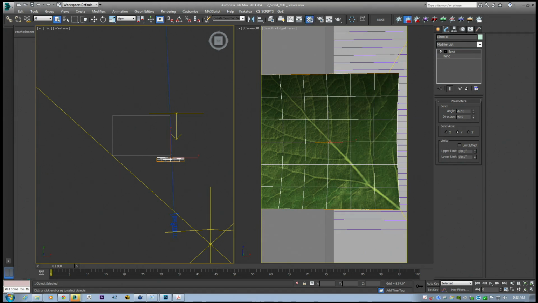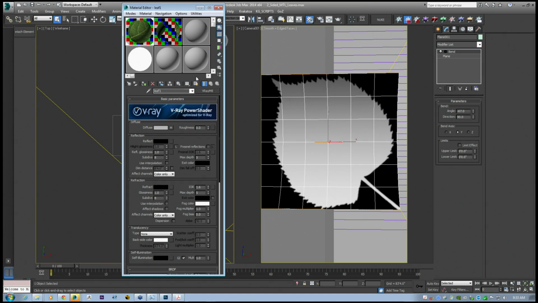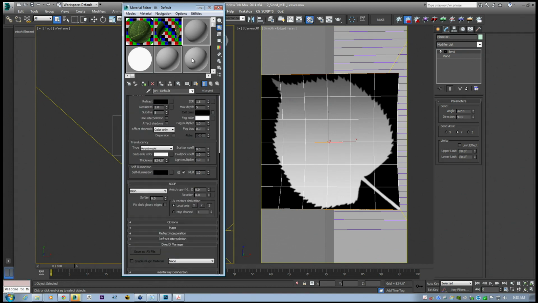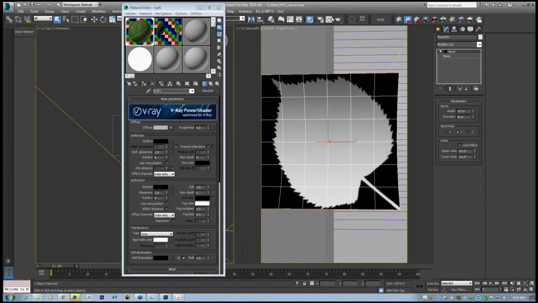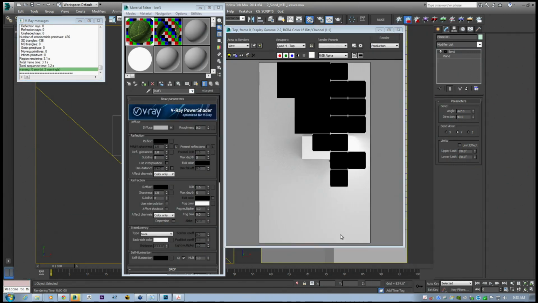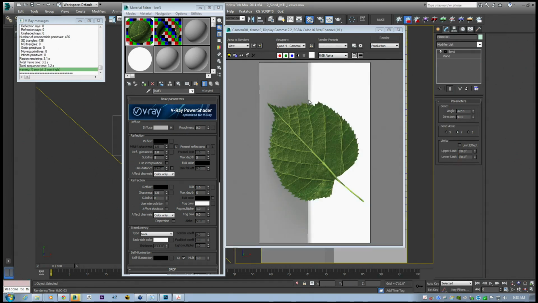So by default, you can set up a very generic V-Ray material on your leaves. Normally when you get your plants, like I said, it'll have this translucency turned on. You can just turn it off, and that'll give you this very basic material with no translucency to it,